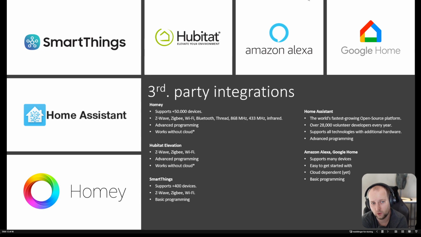Amazon Alexa and Google Home are fine platforms as well, but I would never base my home on them. I know that Amazon is huge. Google is also quite big, but my personal opinion, at least, is that their automations are not good enough yet. But that's just some introductions. Amazon has very nice voice control, though, and so does Google. So you'll be able to do voice control of your Shelly devices and all kinds of smart devices with